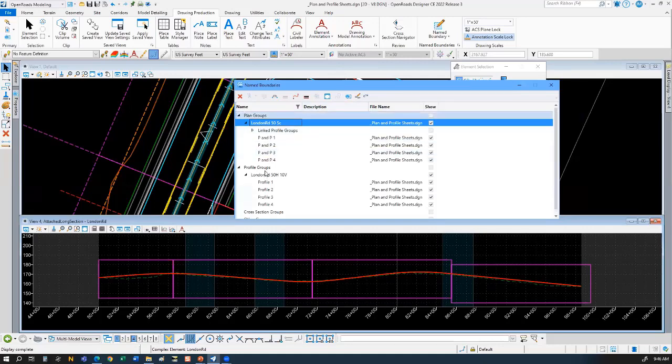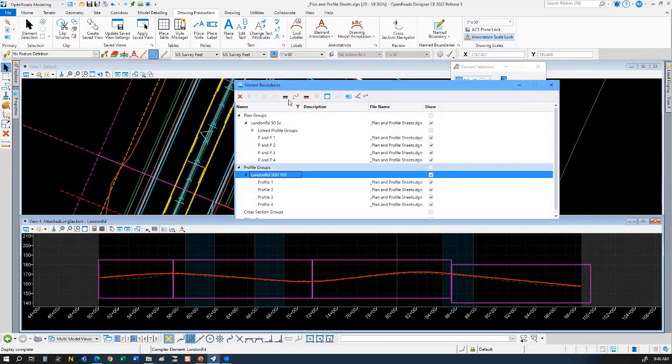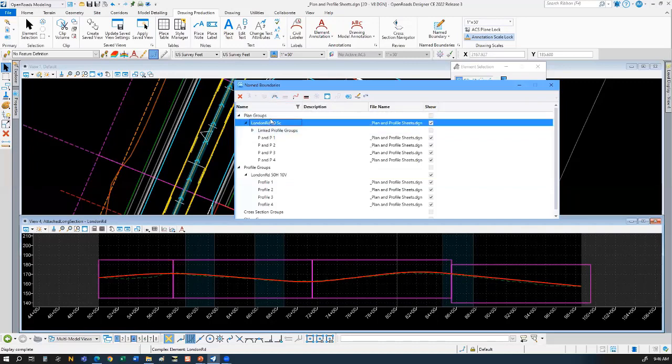What you'll notice, whether you pick the plan group or the profile group, certain buttons up here undither or gray out, and these are the buttons that allow you to create the sheets. But what you'll notice, if I hover over this one, it says create plan drawing, and that is not what we want. We do not want to create a plan drawing. What this will do is create drawing sheets and drawing models and sheet models,